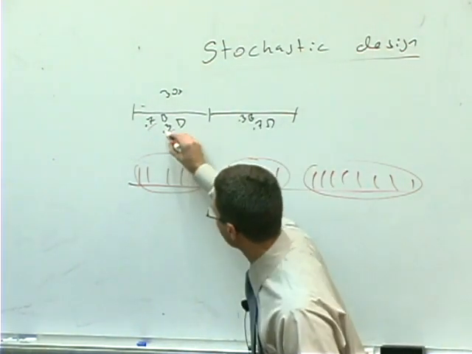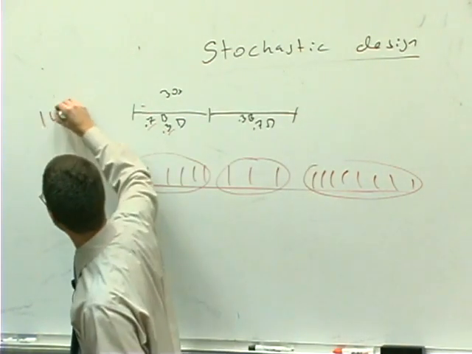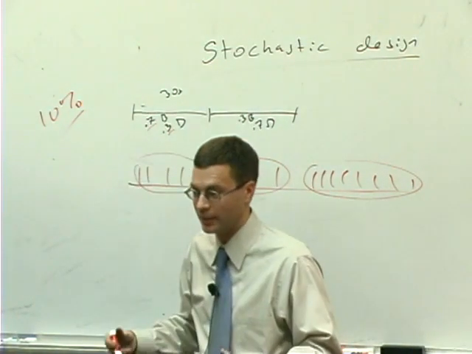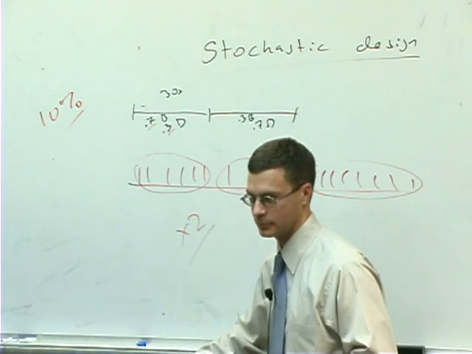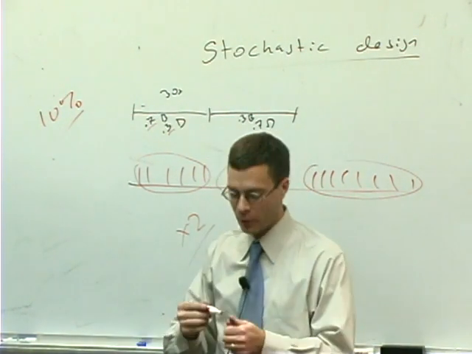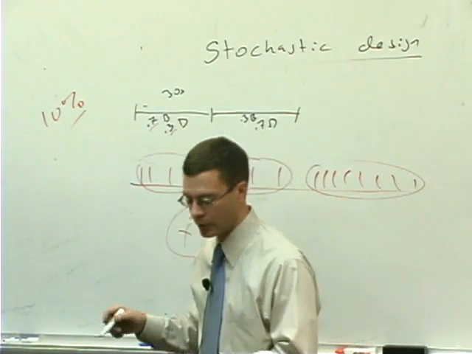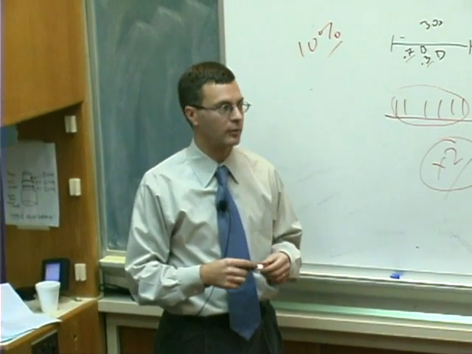But if you're willing to accept a little drop in randomness, in fact, if you're willing to accept a 10% drop in conditional entropy, so things become 10% more predictable than perfectly random, that doubles your power. Okay? So that's a big change. It's a big change. So these stochastic designs are definitely worth looking into. If you're in a situation where you're willing to accept a little bit of predictability on the part of the subject, then that can